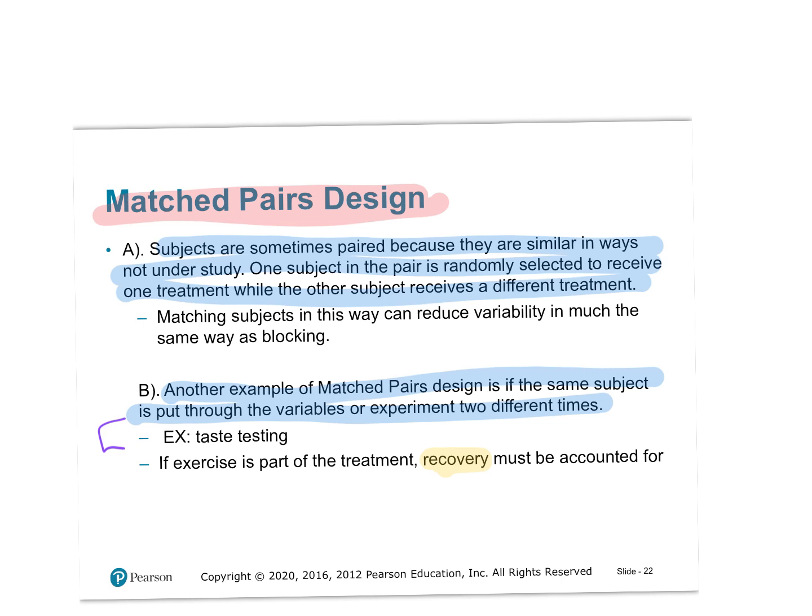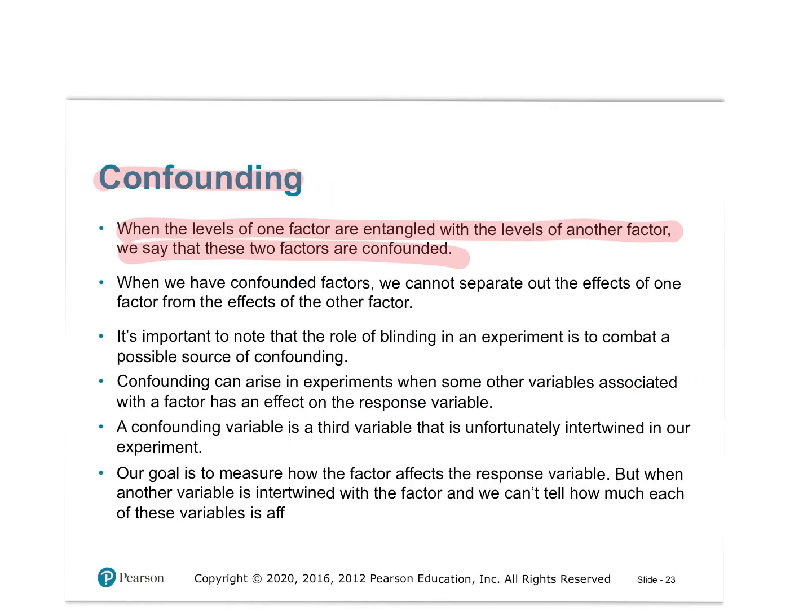But ideally, matched pairs is going to be better if you are comparing the same person, as opposed to Chris and Alec, where there might still be some differences between them that we hadn't thought of that could affect overall results. So keep that in mind. Blocking and matched pairs design are the two other types of experiments that we're going to talk about.